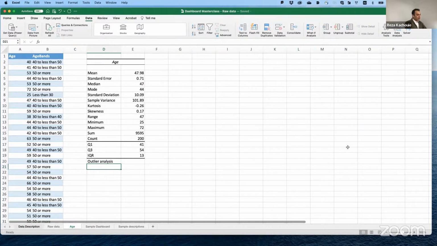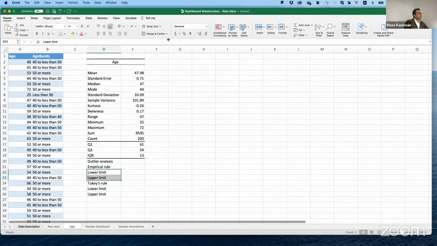We have two ways to calculate outliers: the empirical rule's lower limit and upper limit, and Tukey's rule, lower limit and upper limit. So we can have these ones.